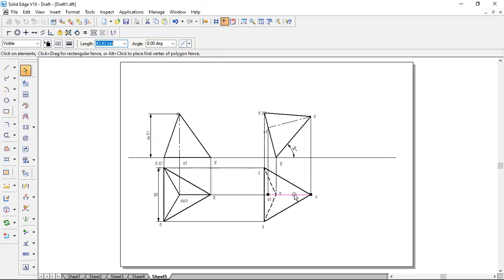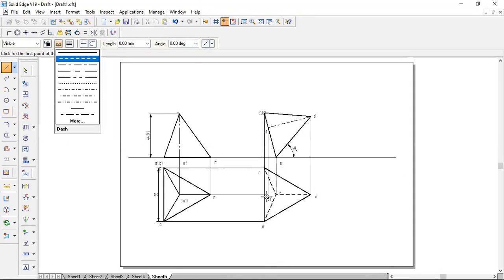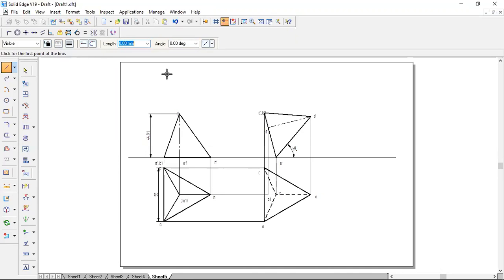And one more very important thing here, the OB edge we need to draw. While viewing from the top, OB is covered by the top triangular surface. So OB is not visible to him. So OB should be drawn as a dotted line in this case. Next the axis line, of course, from here to here, only up to that point, because the dotted line coincides with that.